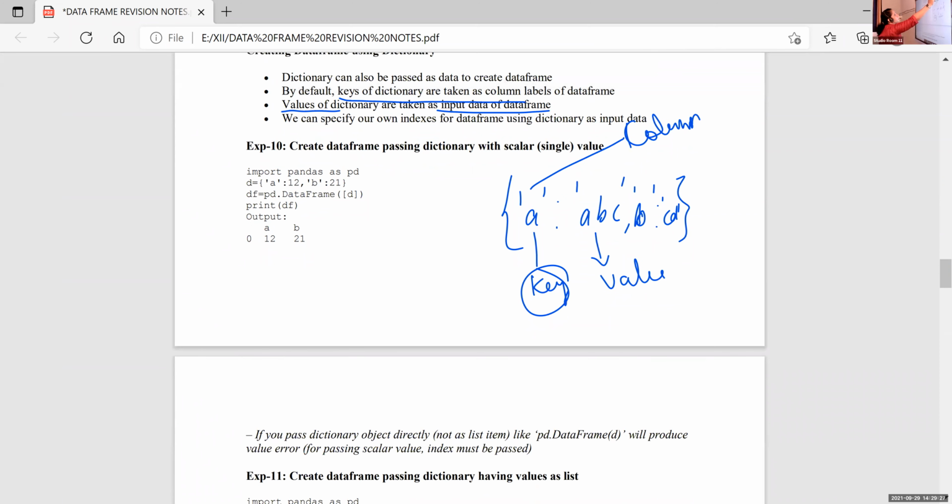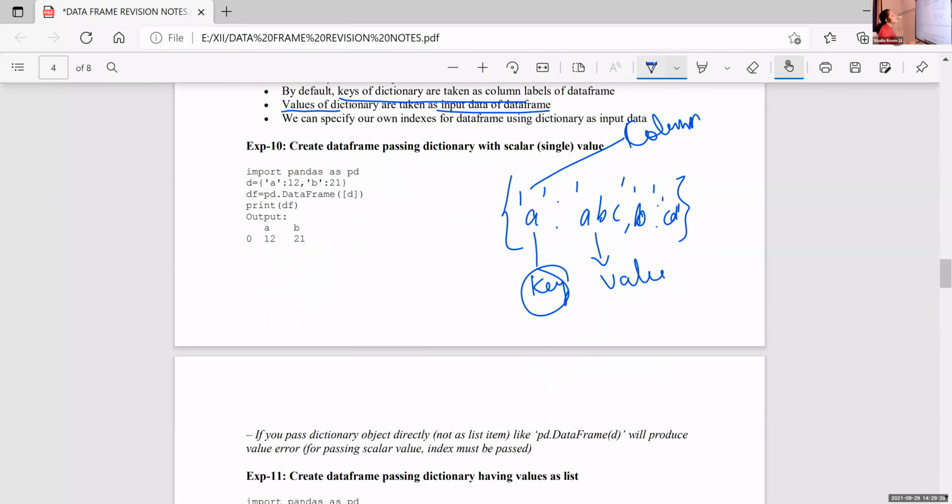So here, create a data frame passing a dictionary with scalar values, that is, with single values. First use the import statement. After that, create a dictionary. Here D is the dictionary name. D is equal to, within curly brackets, the first pair and the second pair.